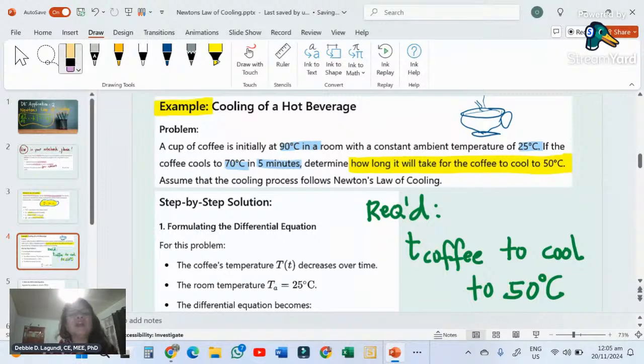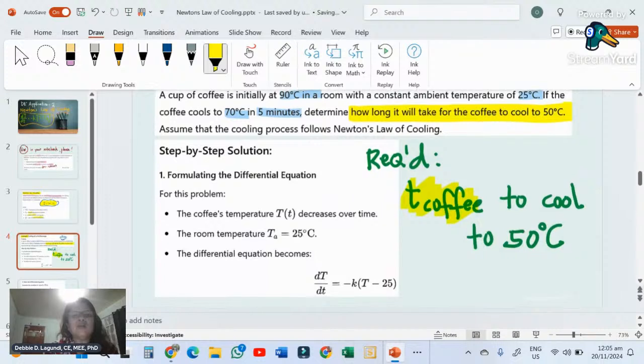The time for the coffee to cool to reach a temperature of 50 degrees Celsius. So this is time. Now, what we're going to do is to use the formula. The formula again is dT over dt is equal to negative